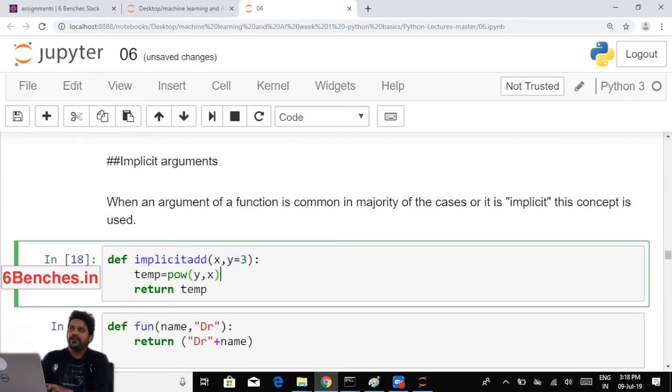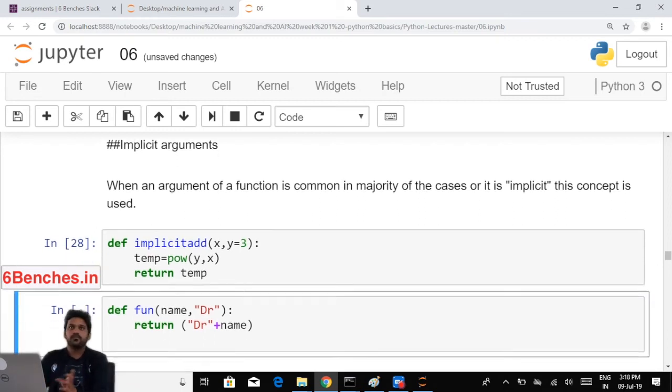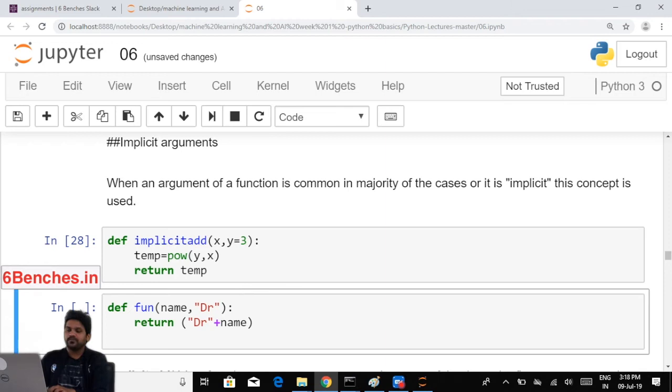Like here I'm defining y as 3. The value of y will not change in this. And then I'm calculating y power x. Whatever I pass here as x, I'm calculating y power x, and then I'm returning the same variable temp. So if I execute this now,